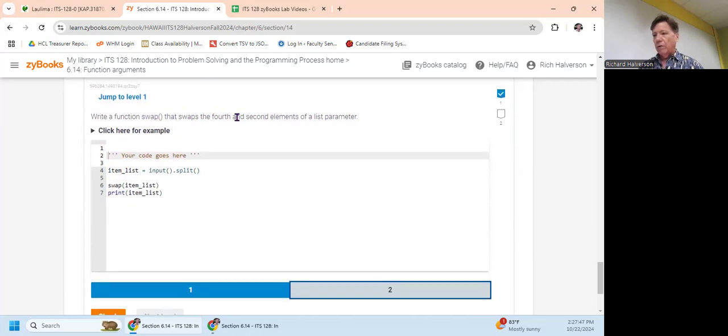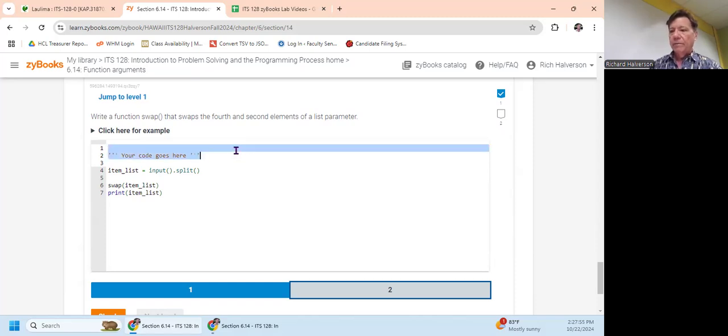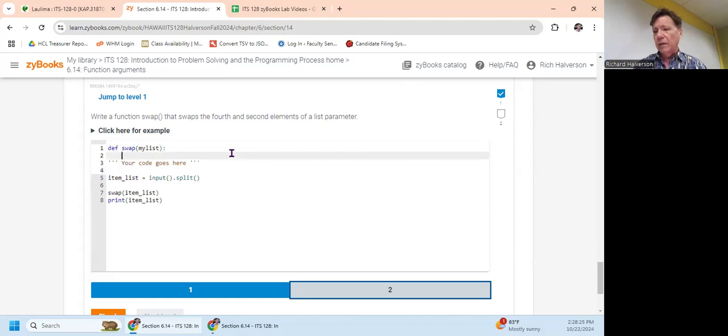Write a function swap. It swaps the fourth and the second elements of a list parameter. Okay, so I got a function here called swap. Def swap, and I'm going to input some list, I guess. Some list, my list, that swaps the fourth and the second elements of a list parameter. Okay, so there's a list parameter, and it swaps the second and the fourth